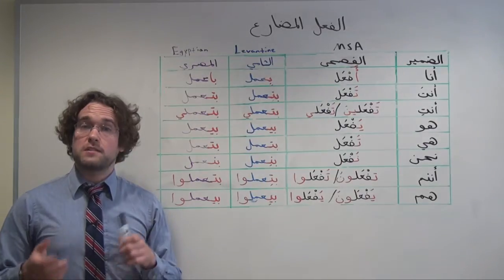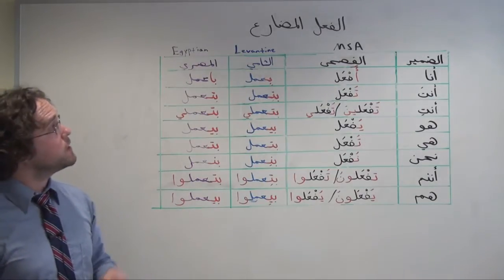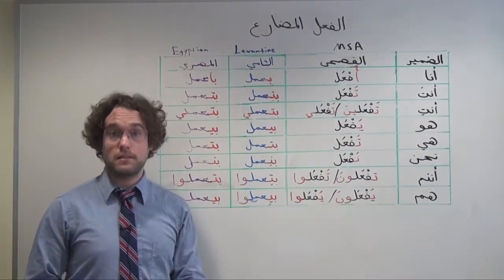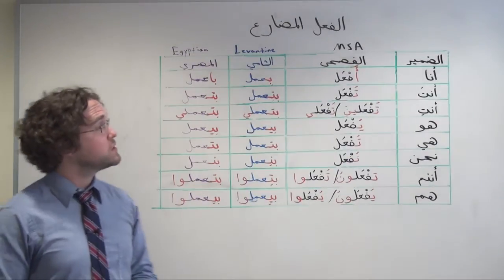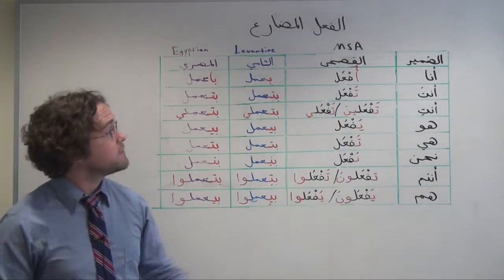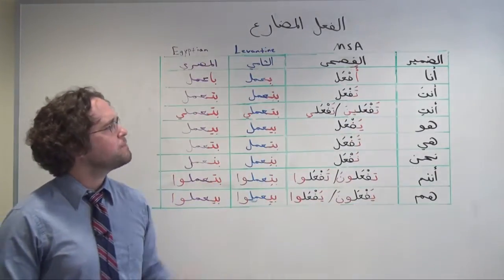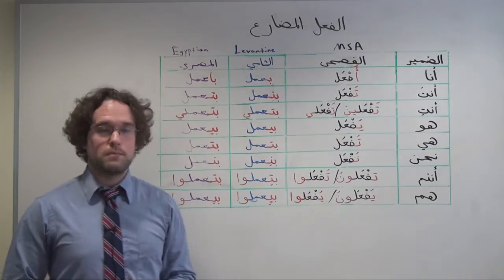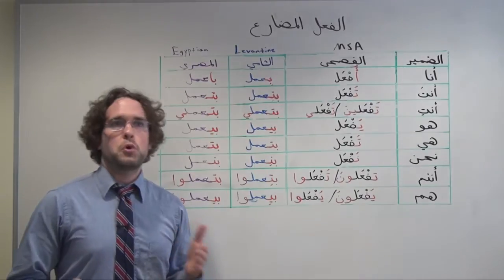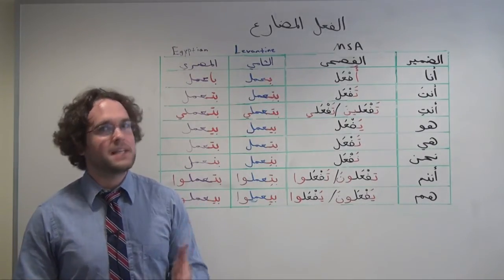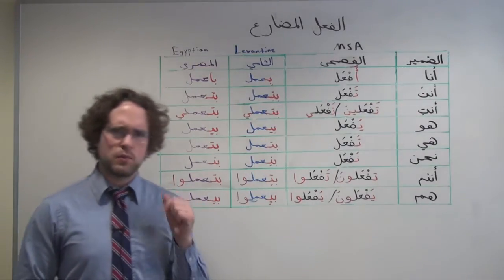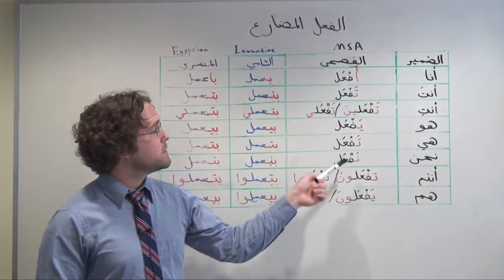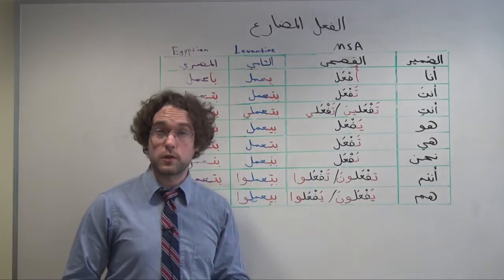In Arabic, we express the subject of al-fi'l al-mudari' using a combination of prefixes or prefixes and suffixes. We don't need to use individual pronouns. We have a list of the pronouns here just for reference, but it would be a little redundant in most cases to say huwa yashrab, for example, he drinks, unless we really want to emphasize that he is doing the drinking. Most of the time, the prefixes and suffixes will do the work for us.